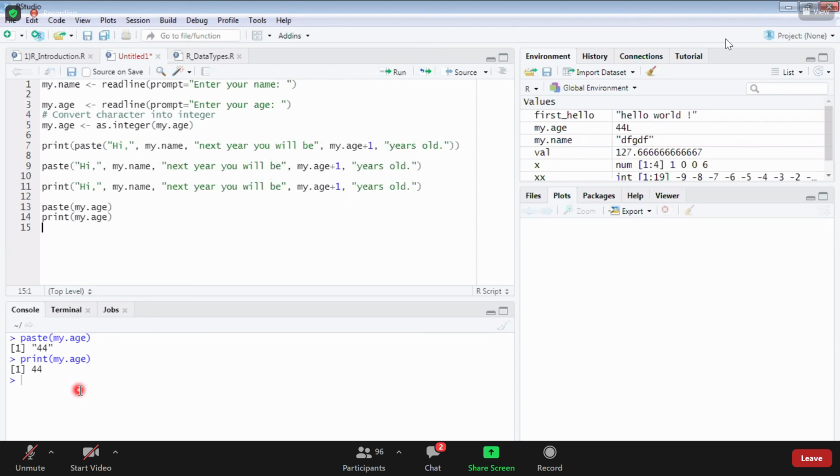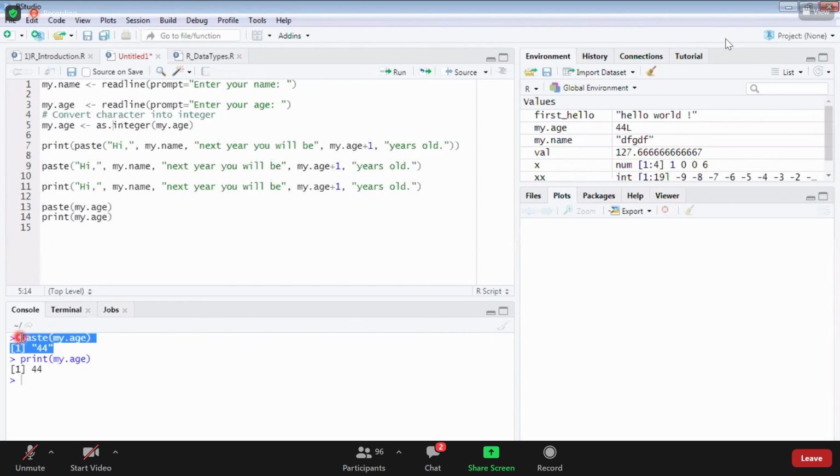Whatever is the original data type, the same type will be there in print. It is not forcibly converting. If there is integer, character, complex, logical, whatever the data type, print will maintain it. But whatever data type you give, paste will convert that into string. Understood?